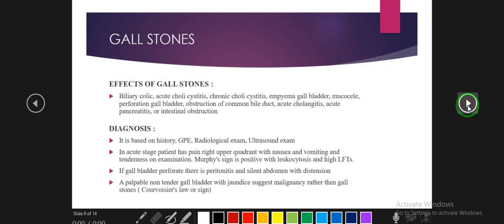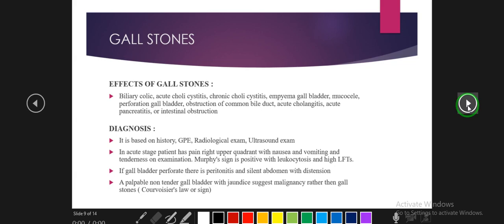Effects of gallstones: the effects of gallstones include biliary colic, acute cholecystitis, chronic cholecystitis, empyema gallbladder, mucocele, perforation of the gallbladder, obstruction of the common bile duct, acute cholangitis, inflammation of the bile ducts, acute pancreatitis, and intestinal obstruction. Diagnosis: it is based on history, general physical examination, radiological examination, ultrasound examination. They would show the stone in the